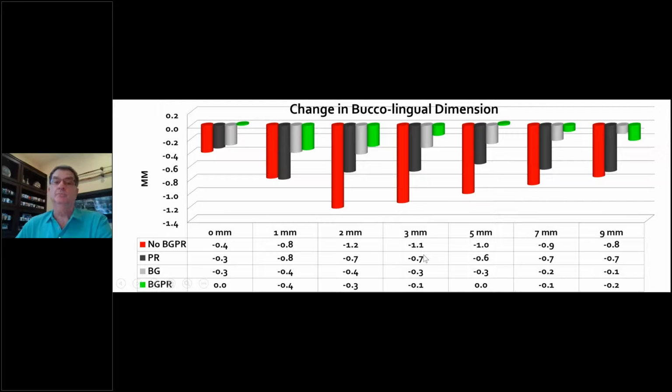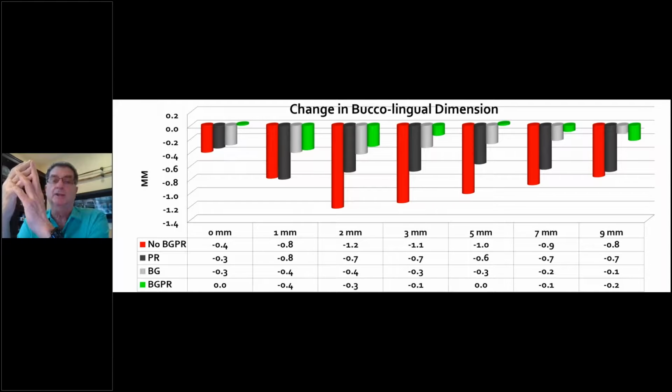That's not 1 millimeter, that's 0.1. Our averages were that small. It was that minimum change. It was really quite amazing to us that we saw this change. So it's only a millimeter. All of these are within a millimeter, but it's not 4 millimeters. There's no longer 3. What's the key? Palatal placement of the implant. There's a gap there. We filled the gap, ideally with the bone graft, and this is all different types of bone graft in this particular study. It was not restricted to one type.